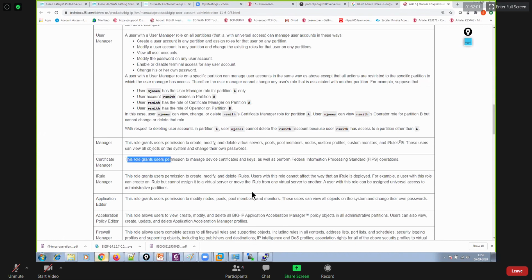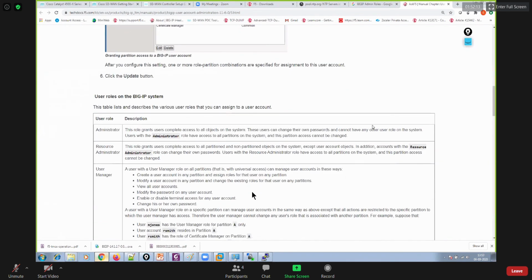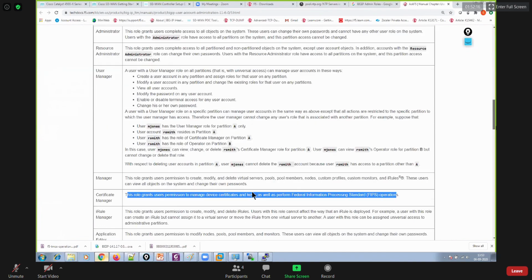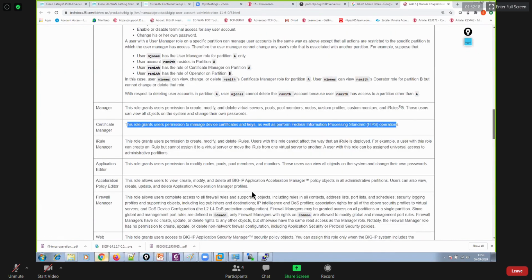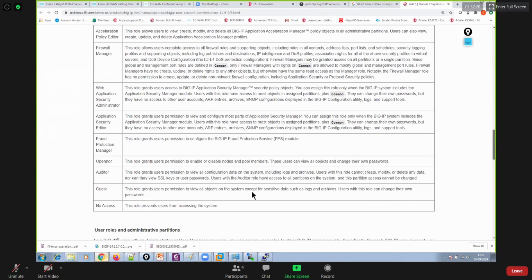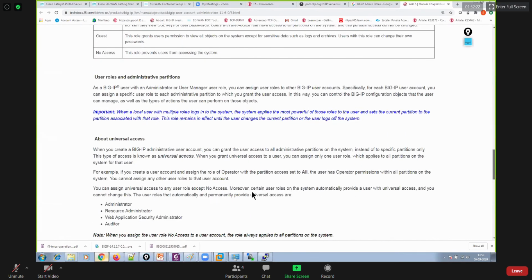Certificate manager, this role will grant the admin users permission to manage device certificates and keys, as well as perform Federal Information Processing Standard operations. That's it, right? And also you have administrator, which is like you are allowing everything, right? Application editor, firewall manager. So these all are the roles that you will find on your BIG-IP.